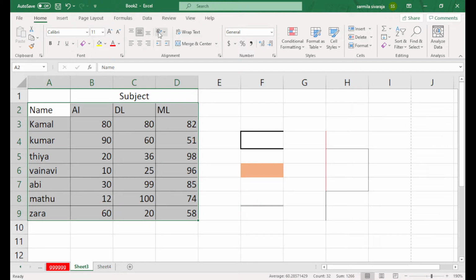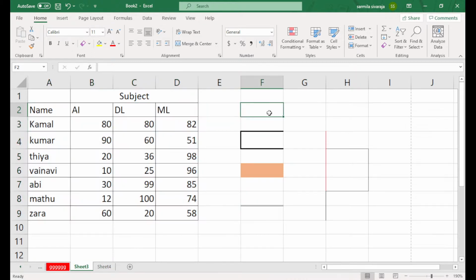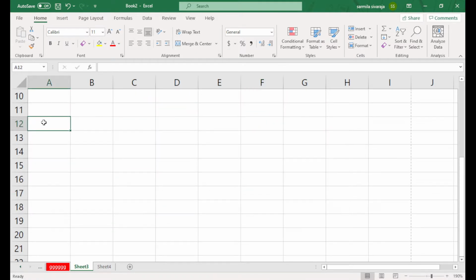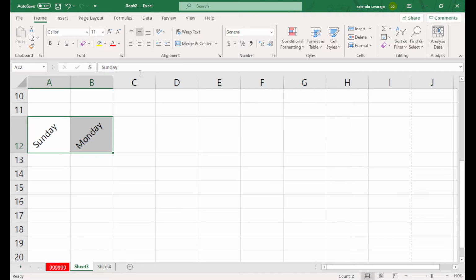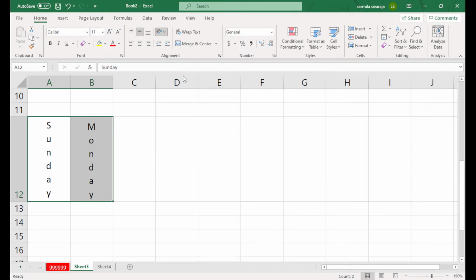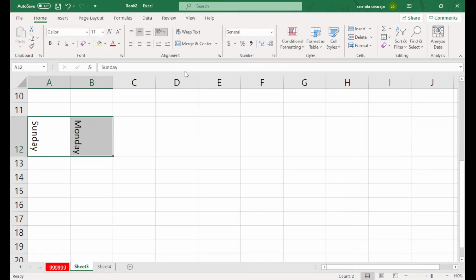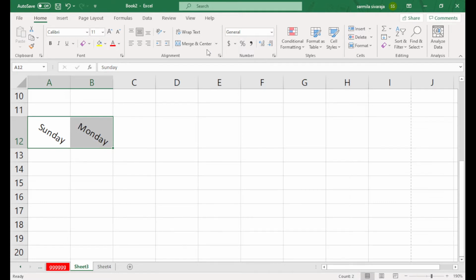Next one is this orientation. Orientation means sometimes you can view some word at an angle, or this view of text. So you can set all these things in here. If you need any particular angle, you can format your cell also. You can set your angle manually, or you can press here. If I need 30, I will press OK. It comes to the 30 angle. So based on this, you can set those things here.